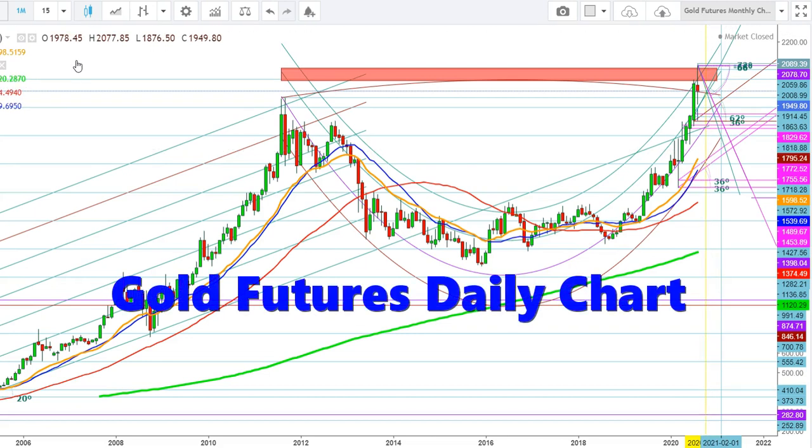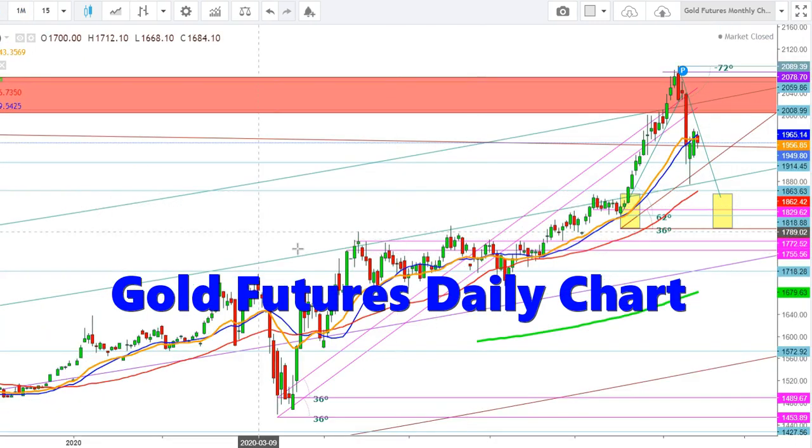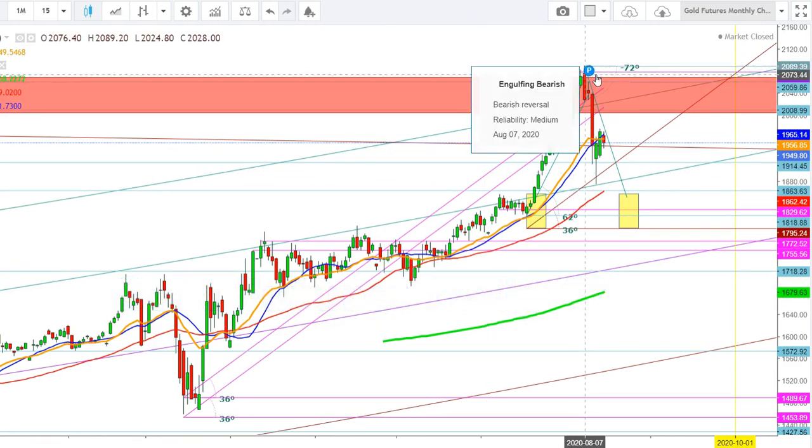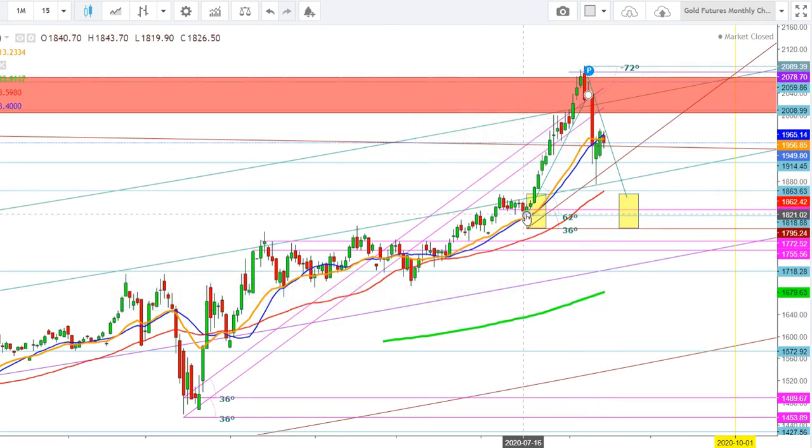So friends, now let us check this move in a daily time frame. Here you can see how the gold futures have been facing stiff resistance above this resistance zone. In the daily chart, you can see how the gold futures behaved during the months of July and August. Since July 16, the gold futures started this uptrend and continued to move upward up to the levels of $2084, which they tested on August 6, 2020. Finally, after testing the highs of $2086 on August 10, gold futures saw a sharp sell-off from these levels.